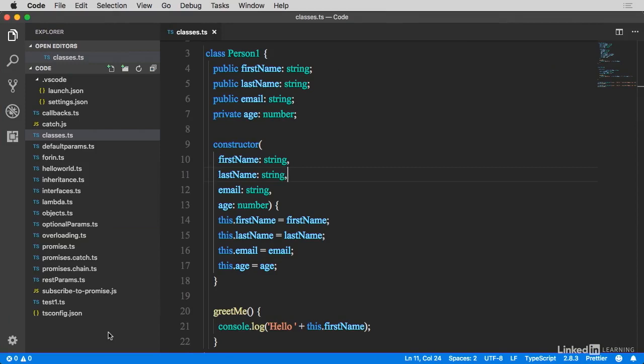But I can now open up Visual Studio Code from any directory by using code space